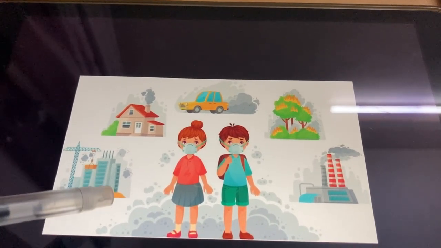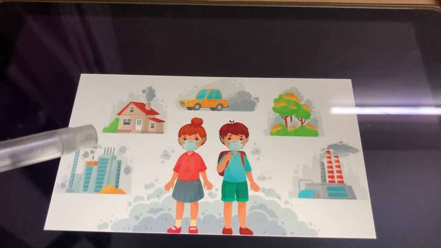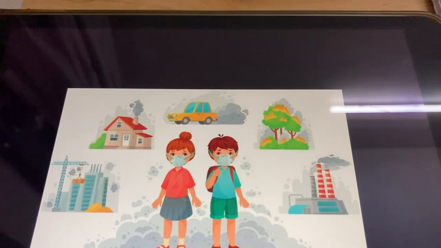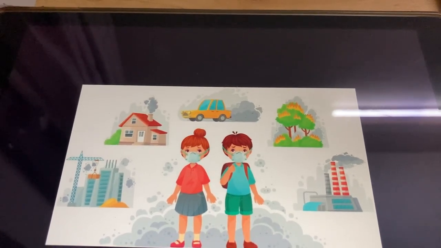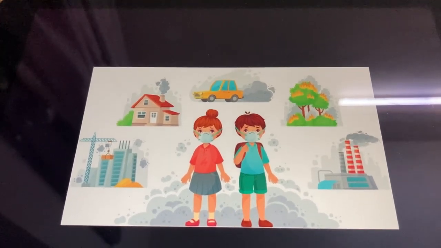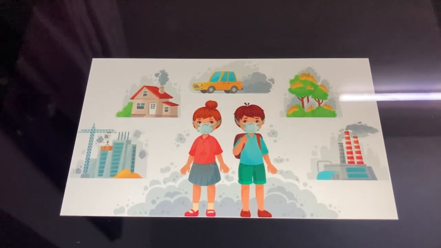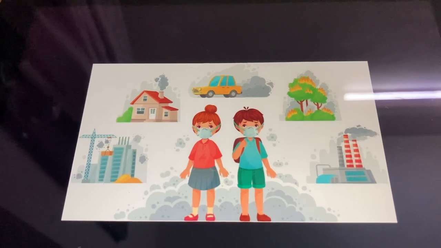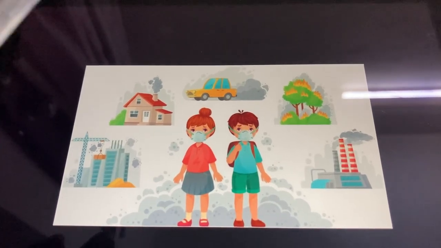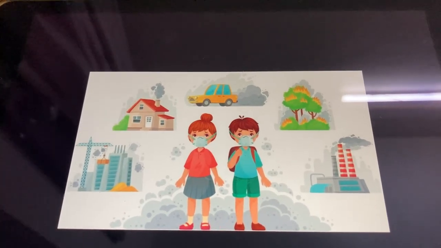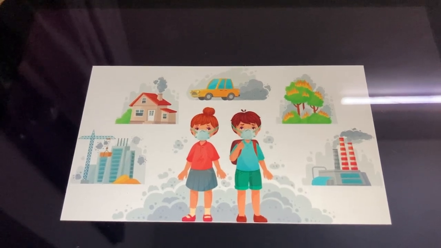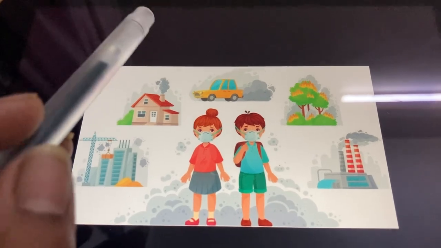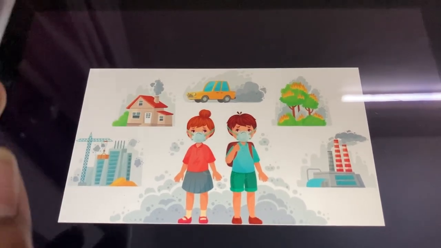In the construction sites, when the work goes on, what happens? There is digging of the empty land, and when the digging happens, there are a lot of dust particles. The moment there's a little bit of air, all these dust particles go and get mixed with what? With air. Then when we are cooking food, the smoke comes out of the chimney that we have at home. So that smoke leads to air pollution.